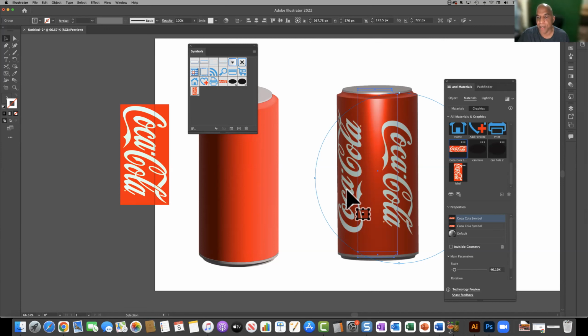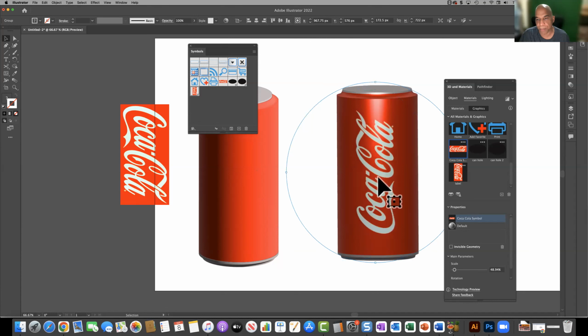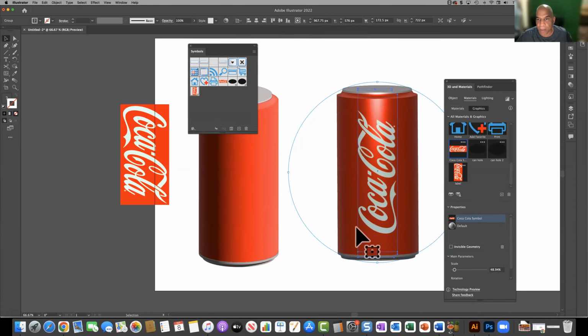Now, I don't want that. So if you don't want it, notice there's two instances of the Coca-Cola symbol. If I want to delete one, I can just select what I want to affect, hit delete, bam. And then I got this one selected. I can just slide them over in place like so. Okay, now that I have that,